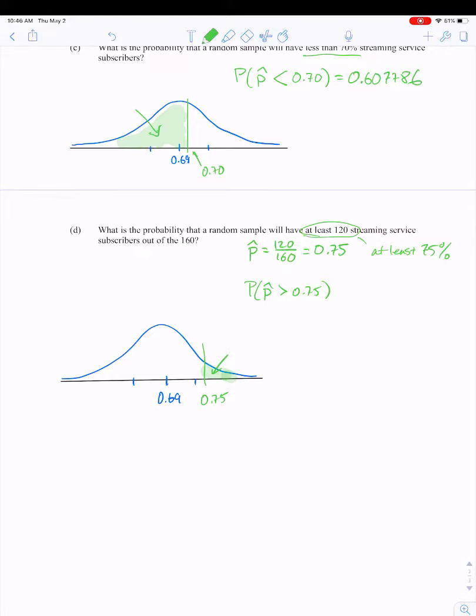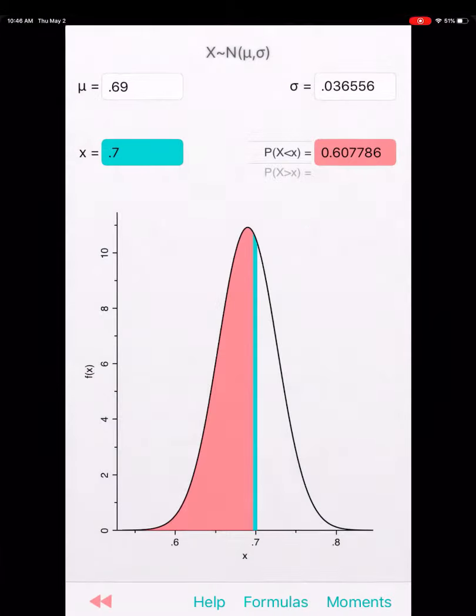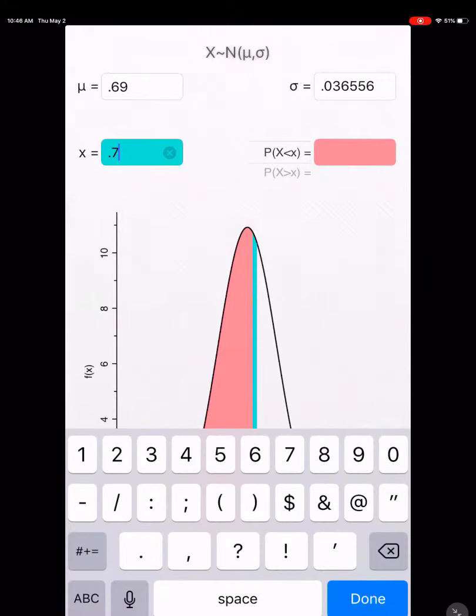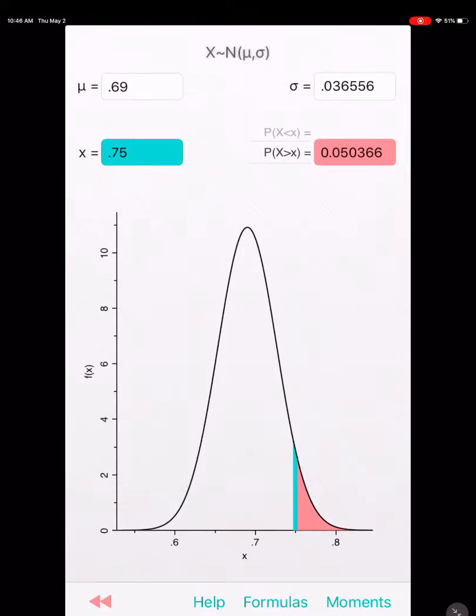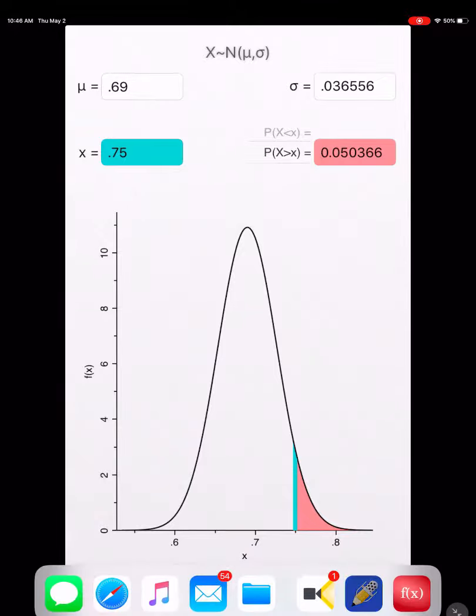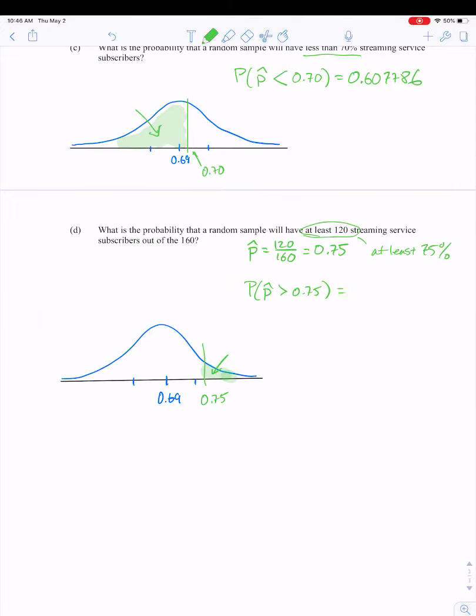So if I flip back to our app and type in 0.75, change it to greater than, we get the probability is equal to 0.050366. Okay, same parameters, everything is the same. So go back to our note, and that is equal to 0.050366. If you wanted to round that to 4 places, which is the standard, you would write